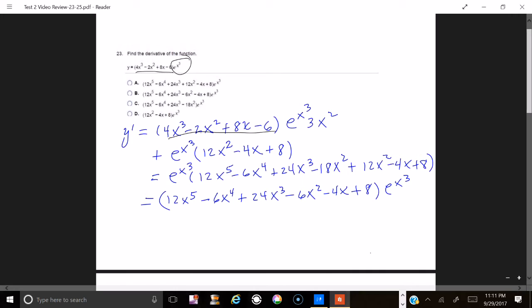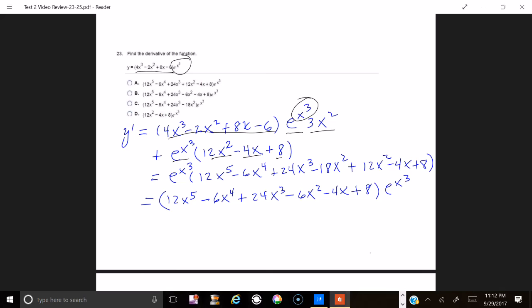The derivative of e to the x cubed is going to be e to the x cubed times the derivative of u, which is x cubed, which is 3x squared, plus the second, which is e to the x cubed times the derivative of the first, which is 12x squared minus 4x plus 8. And what we're going to do now is factor out e to the x cubed